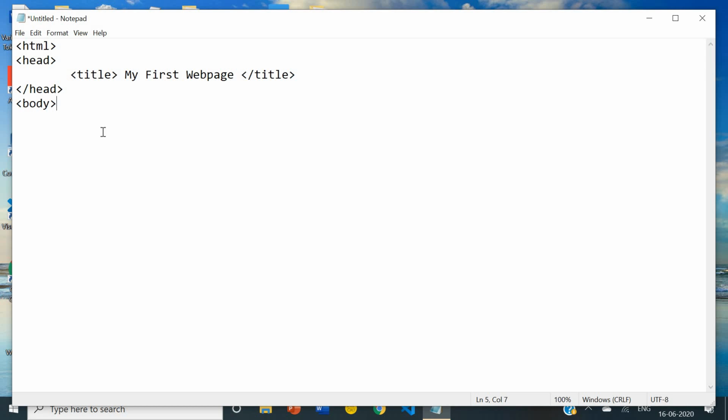But whatever you write inside the body tag, that will be visible on your web browser. So all your main content will be within the body tag. If you want to insert an image in the web page, if you want to make a table, any formatting, all you will do within the body tag, and head tag only for title to the web page. Now inside the body tag you can type anything, like I am typing few lines like www